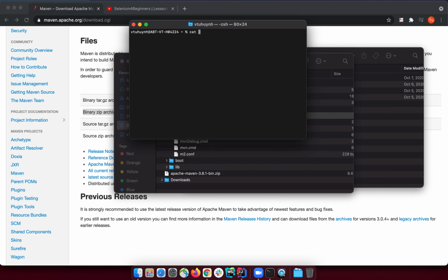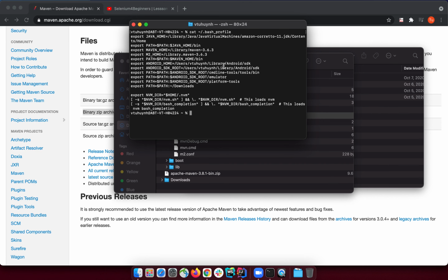Okay, let me try to print out what I have here. So I'm using a Mac OS machine. Here I have the Maven home, and it points to the folder location. In this case, I put it in library Maven and the version. After that, I extend the path here. You can see the path equals the path value extended with Maven home, and you remember slash bin. Okay, slash bin,